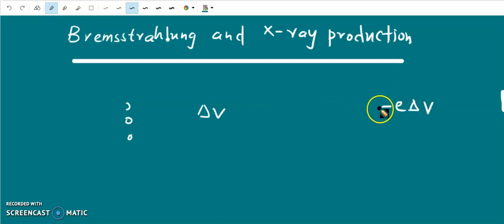The electrons experience a loss of potential energy of minus e into delta V, and therefore they acquire a kinetic energy equal to e into delta V. So this potential energy is converted into the kinetic energy of the electrons, K equal to e delta V. When the electrons strike a target, the kinetic energy decreases, so they are slowed down and finally come to rest.